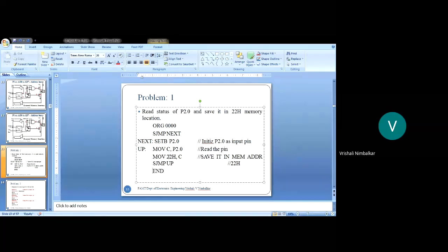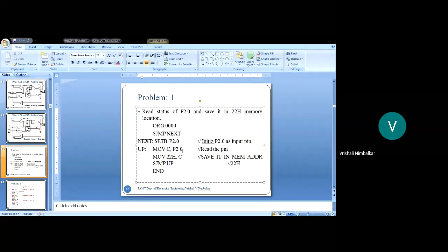So what did we do? We read the pin status and saved it in memory. To do that, initialize the pin as input first, then take the pin data and save it in the carry flag, and from that carry flag, save it in memory, and repeat this process.